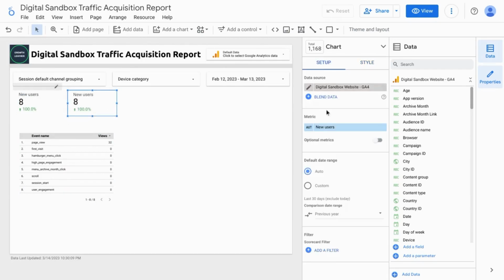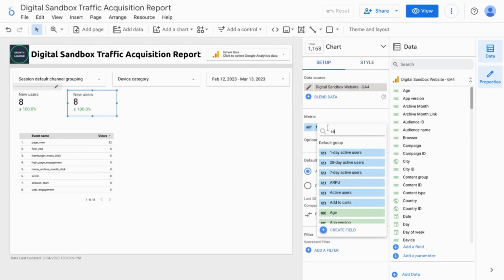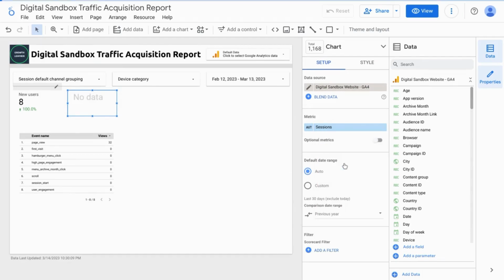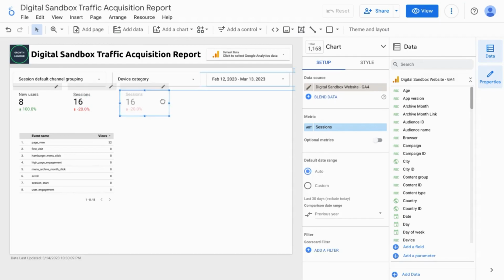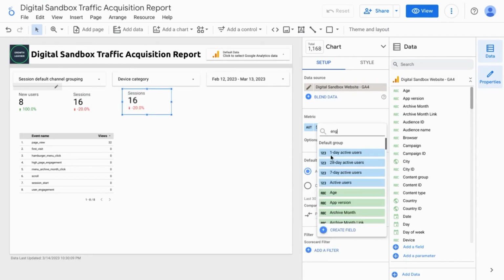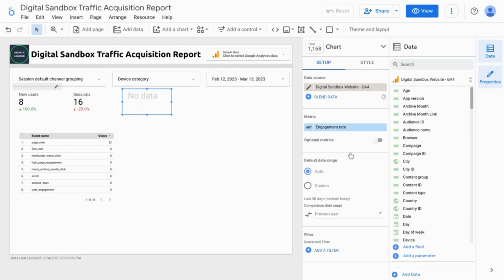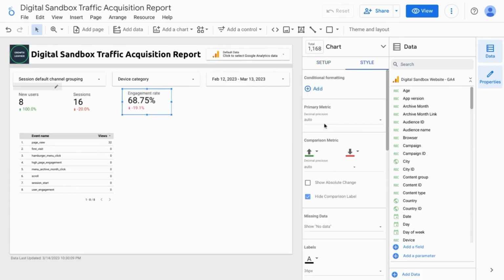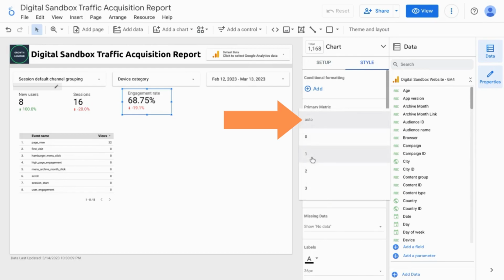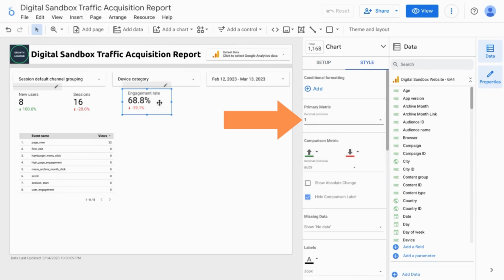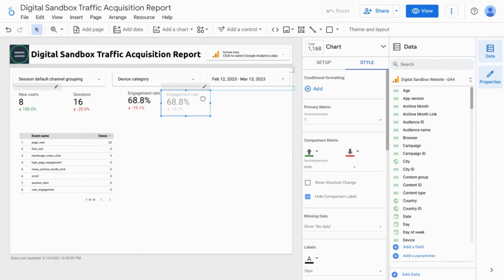For this setup here, we'll change this metric to sessions. We'll create another one. We'll turn this one into engagement rate. And just my personal preference, I'm going to change the decimal precision to 1, just to clean that up a bit. And for the next scorecard,